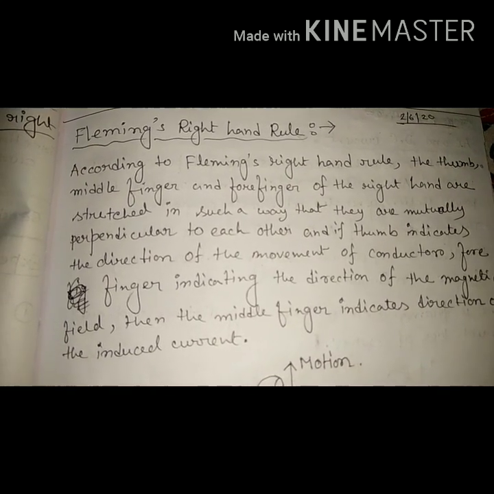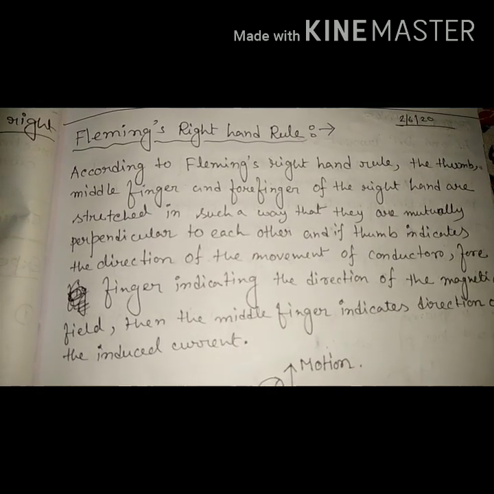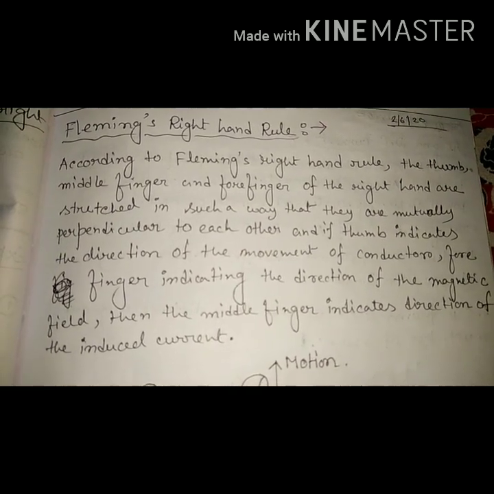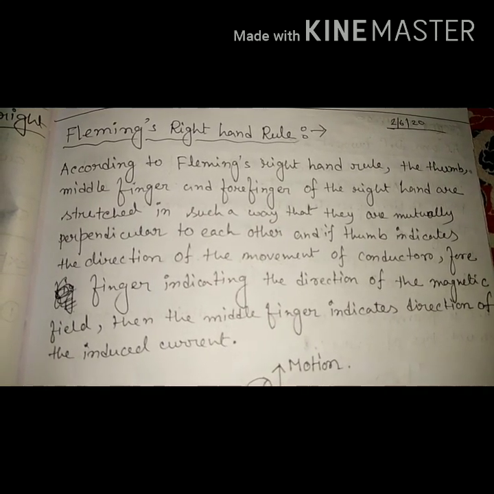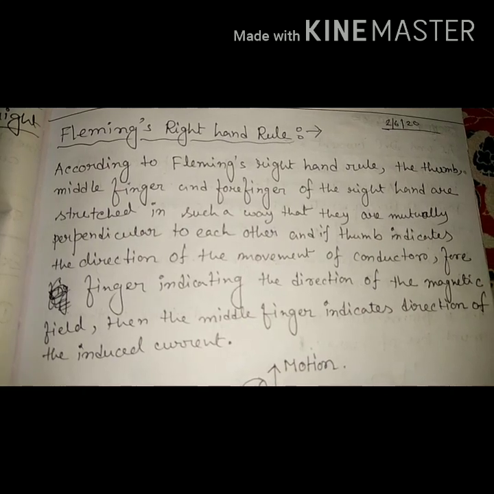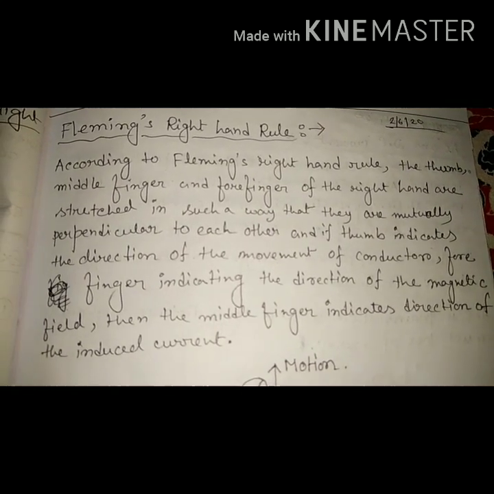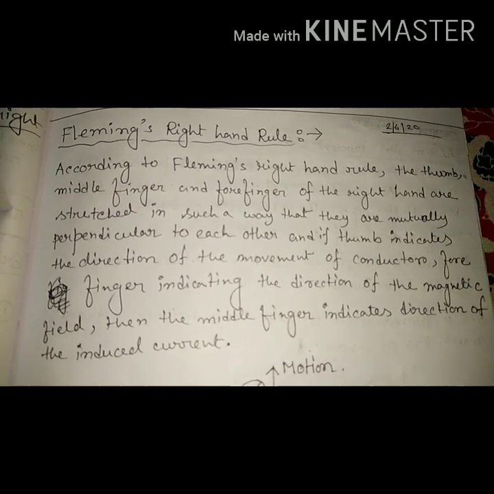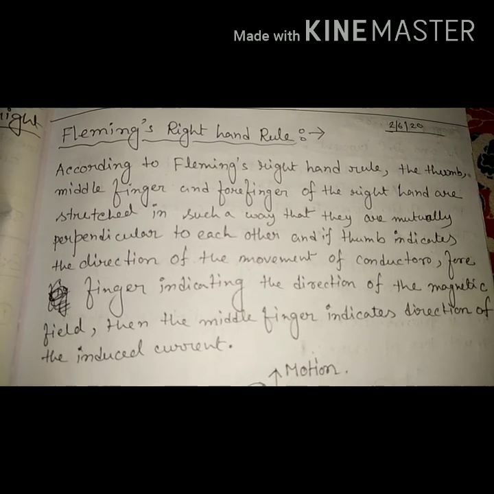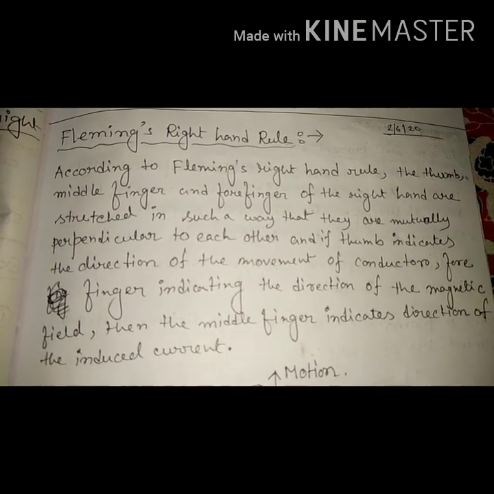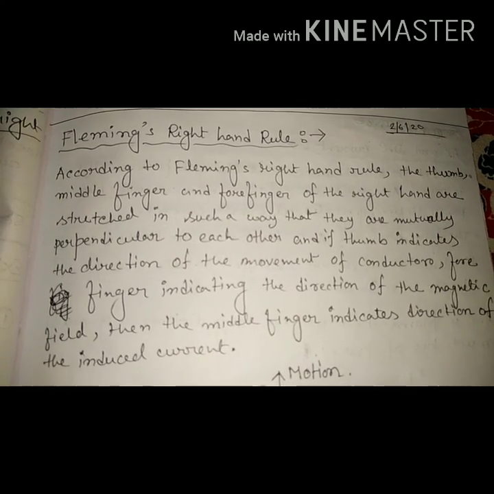In the previous class we discussed electromagnetic induction. And what is electromagnetic induction? It is the process of inducing current inside a conductor due to a change in magnetic field. That means when the magnetic field linked with the coil changes, a force is induced inside it, and due to that force a current is induced in the circuit. That force is called electromotive force.